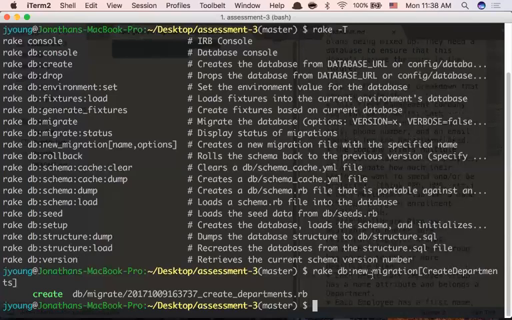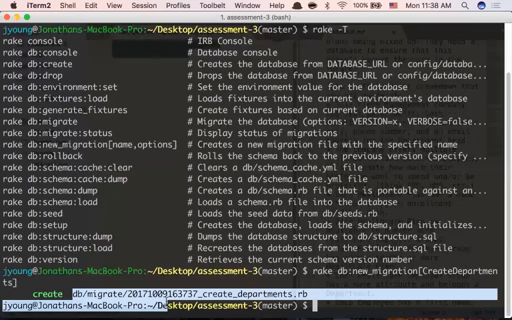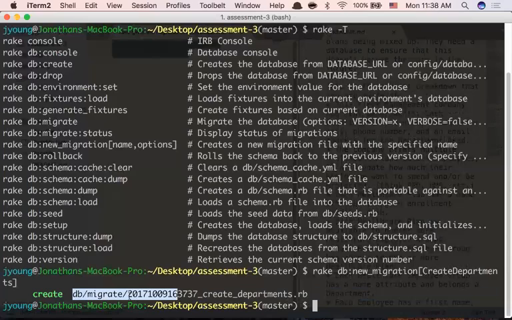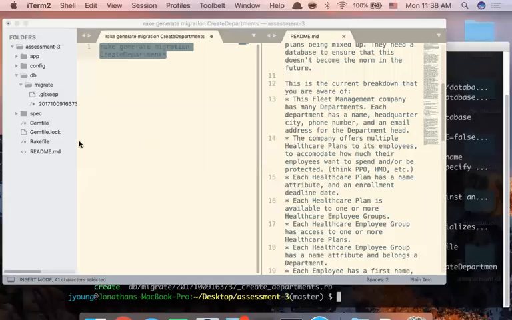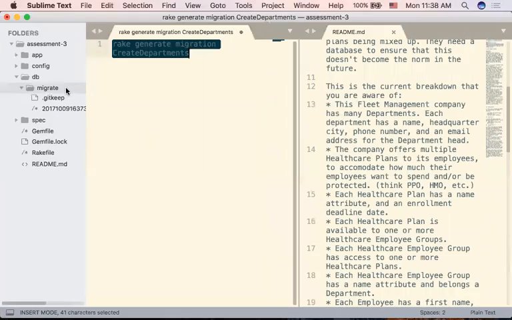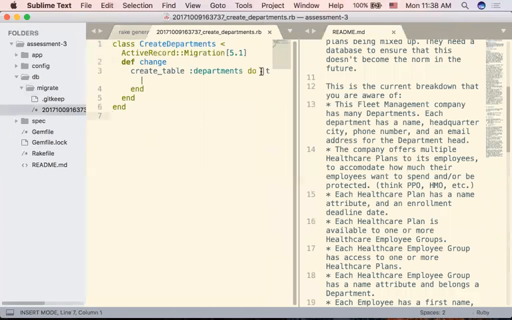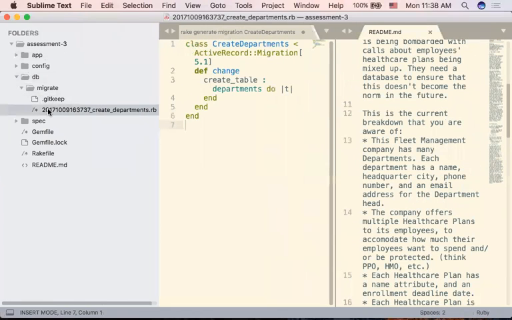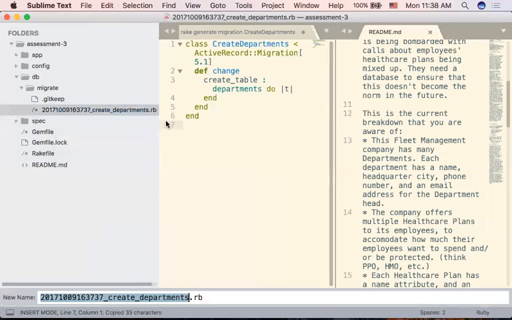But what I've done here is I've created a new migration. And what that did was create a new file under db/migrate, with this giant ugly string of numbers, and then create_departments.rb. Let's take a look at that for a second. If I go inside of here, I have this create departments migration. You'll notice that this ugly thing over here, if I were to copy it real quick,